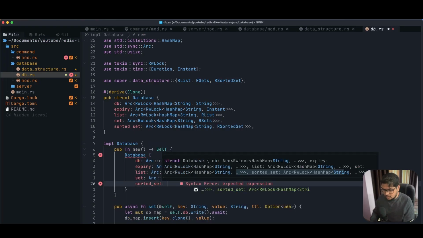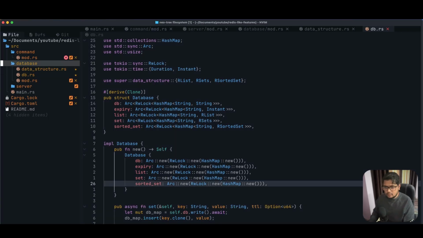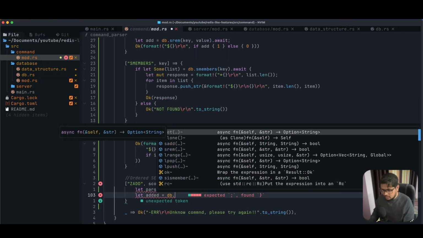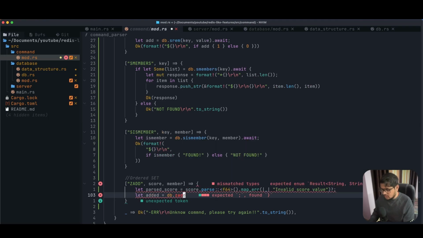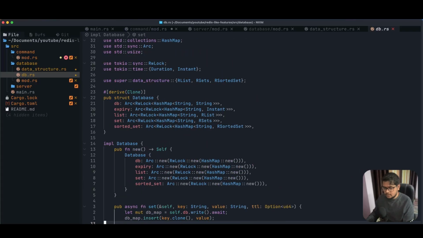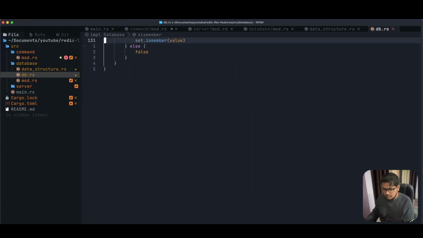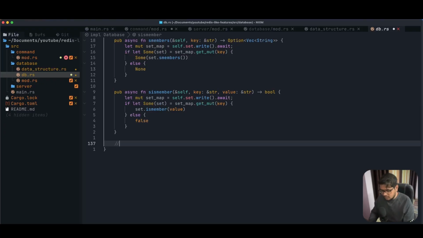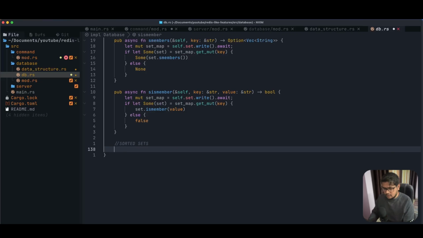All right, let's go over here now and make sure that we have ZADD. No, still not. score.parse. All right, so we need to implement this in the database file as well. We can go over here and say